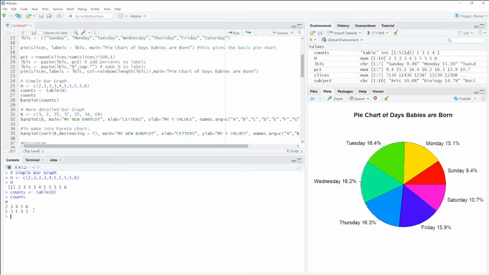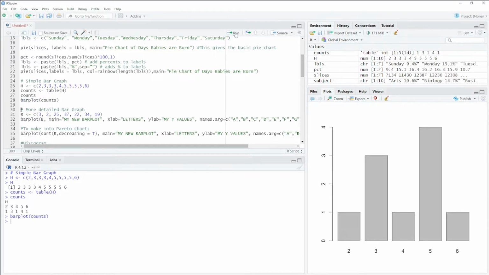Okay, so if we wanted to make this into a bar plot, we can use the command bar plot. And again, bars on a bar graph or bar plot do not touch. The columns represent categories. You know, I do realize I'm using numbers here, but I'm talking about not necessarily in an accounting way, 2 3 4, but more just as labels. For example, you know, I could easily change this to